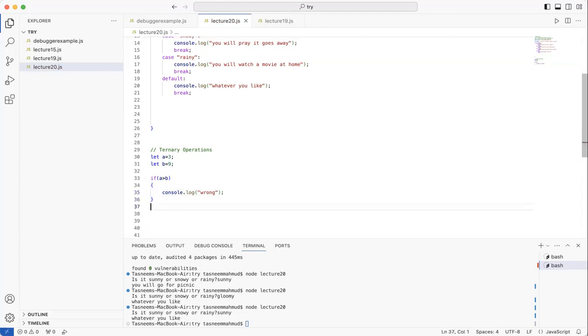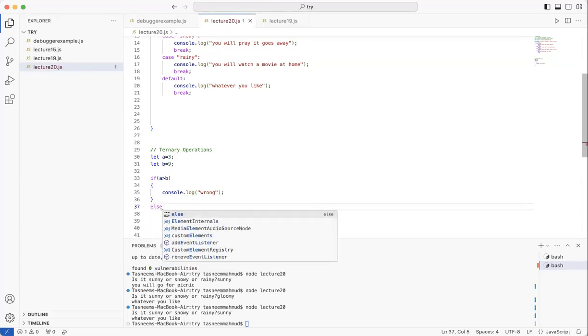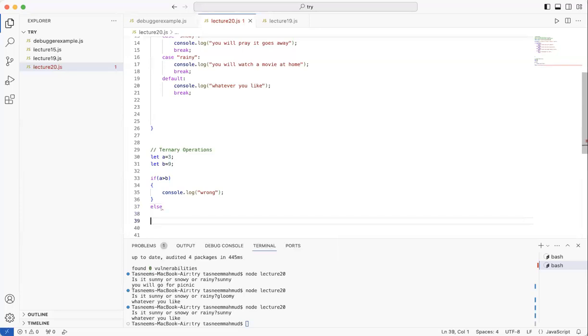Now, if it's the other way around, if it's, say, else, actually, I think this would make more sense to you guys. Let's write it like this: 3 and this as 9. Okay. This is 9 is greater than 3.